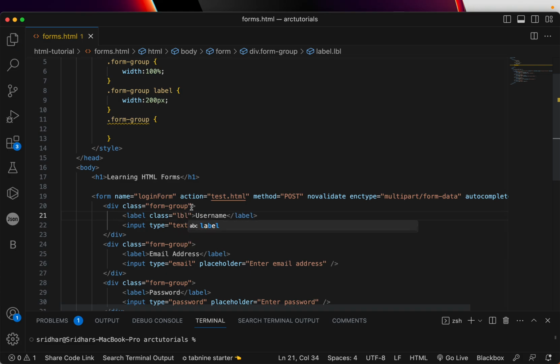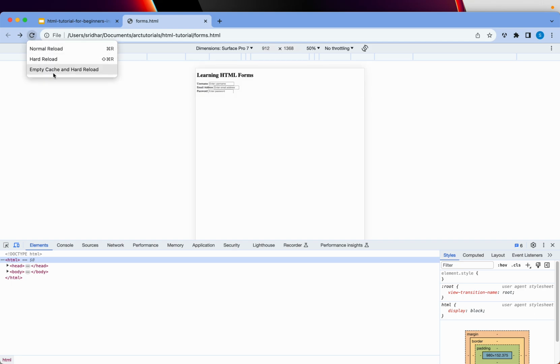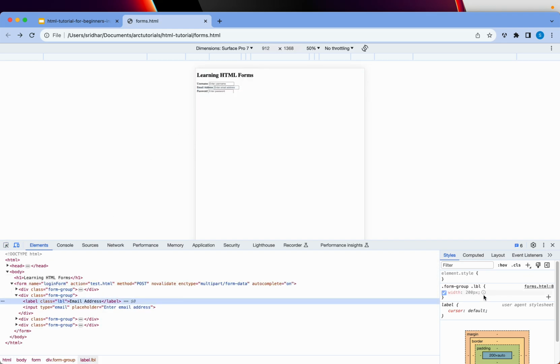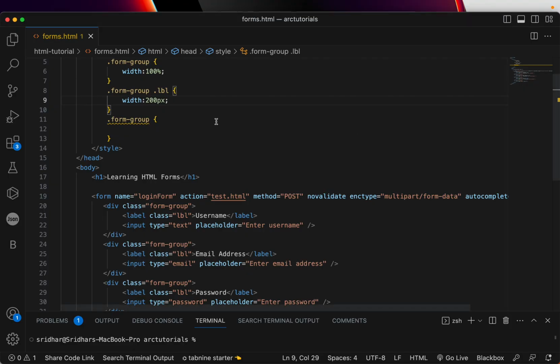and I'm going to call it LBL, which is for label, and assign that. And here I'm going to say LBL width should be 200 pixel, and let's see if it's getting applied or getting overridden. So if I explore this, if I check this, let's check the value. So you can see here it says the display inline property prevents from having it. Okay, so clearly it says display inline. Okay, so instead what we can do is label